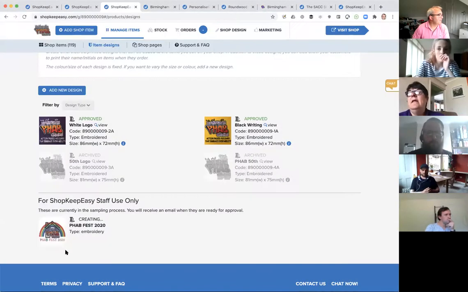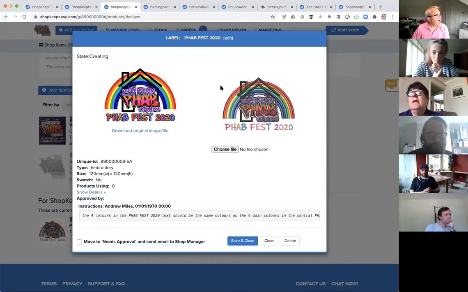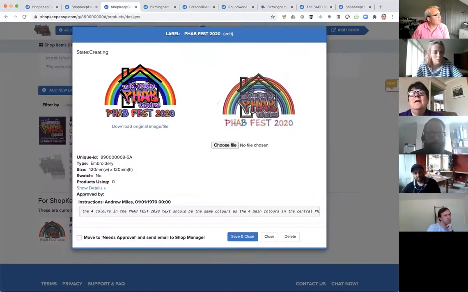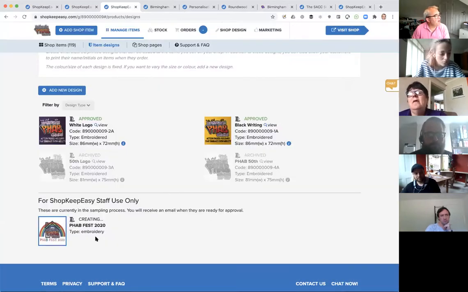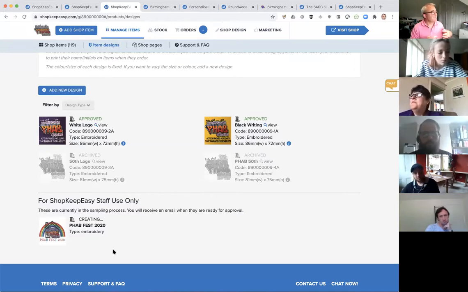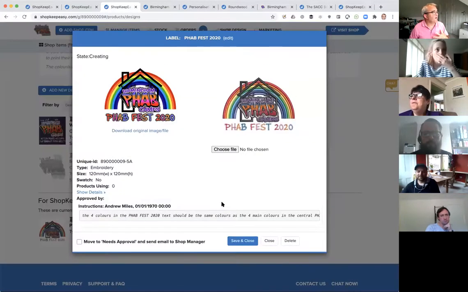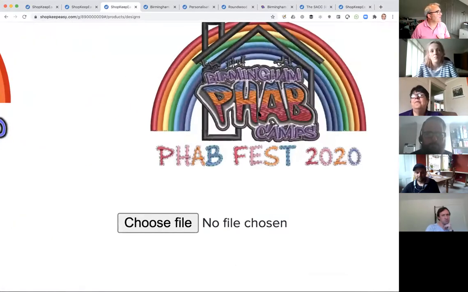Yeah, so you uploaded this. This is a picture taken from a digitizing file that we've got. But we haven't stitched it out yet. So it's in, but you can't see this pop up. Only we can see it in our processing system. Right. So I could move it to needs approval now if I wanted to, but I'm not doing that until I feel happy that it's correct,